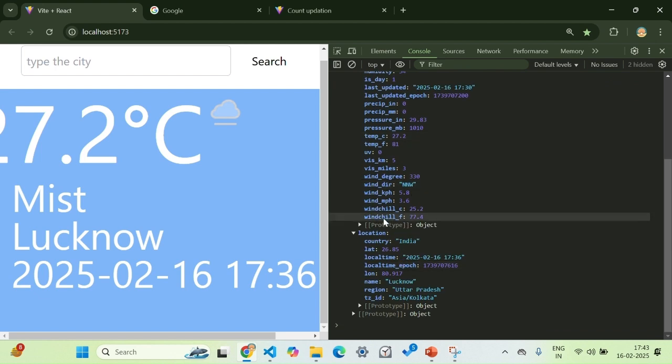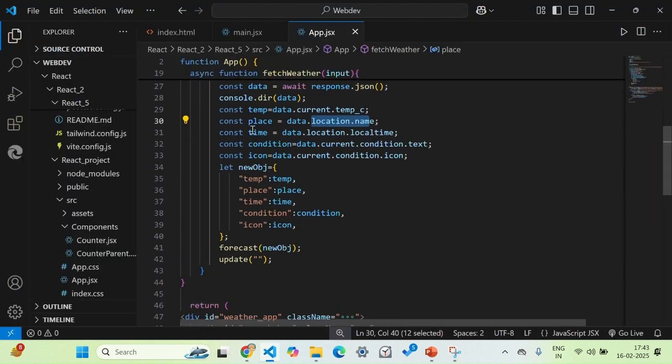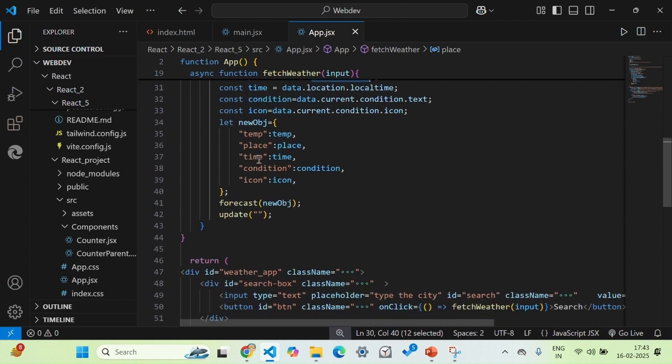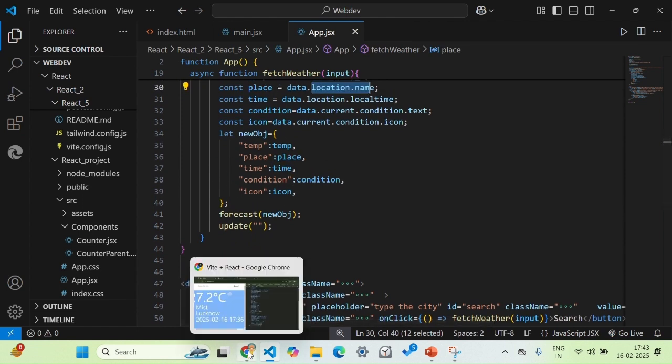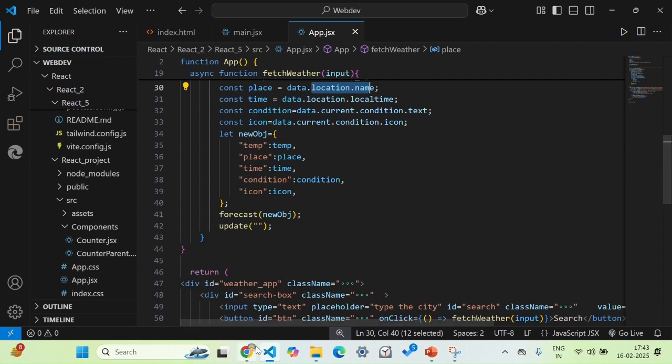In this object, location name is what I'm going to be showing over here. In a similar manner, time, condition, icon, updation, etc. are also being done, and a new object is formed, and all the information in this new object I am going to show in my